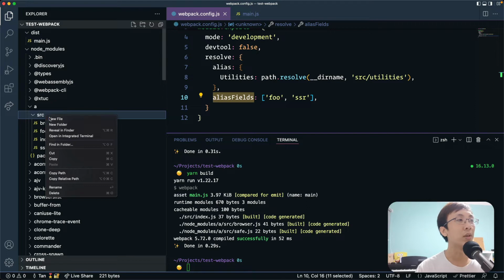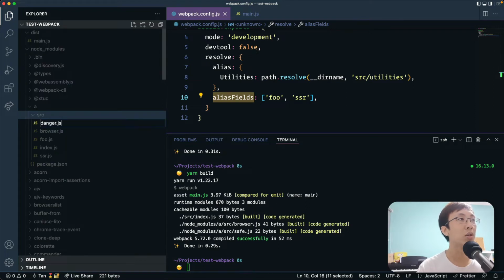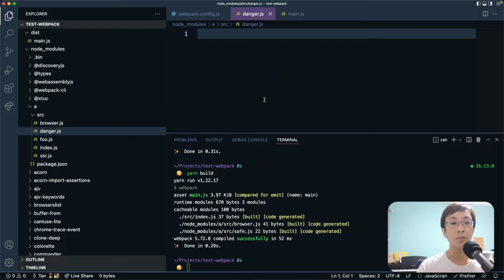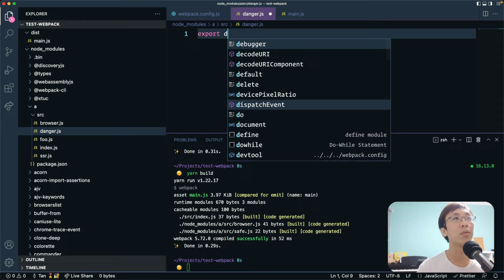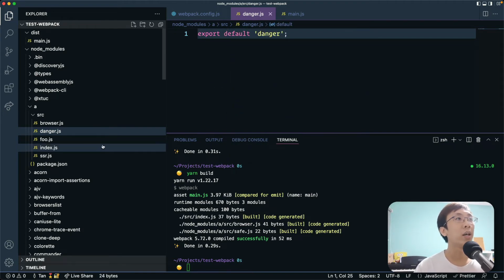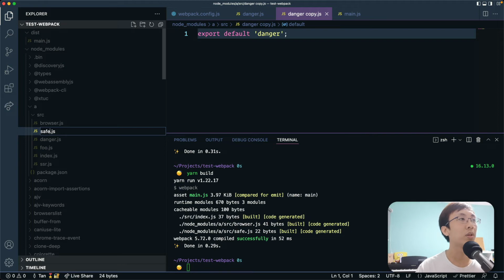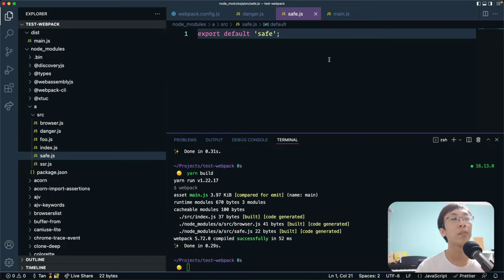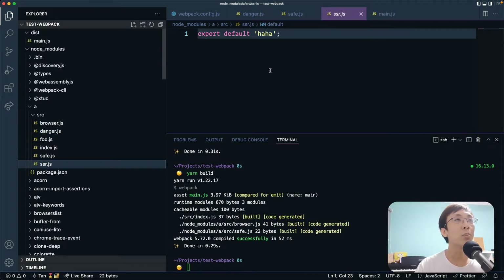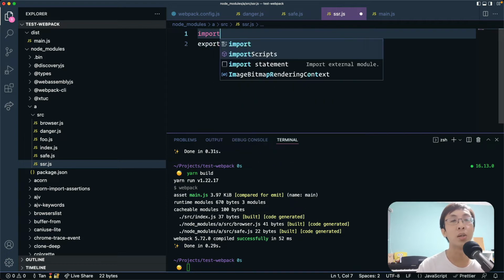Now we have a file called danger.js. So, okay, let me export default danger. And I have a file called safe.js. Export safe. Okay, so normally you just import danger and use it, because